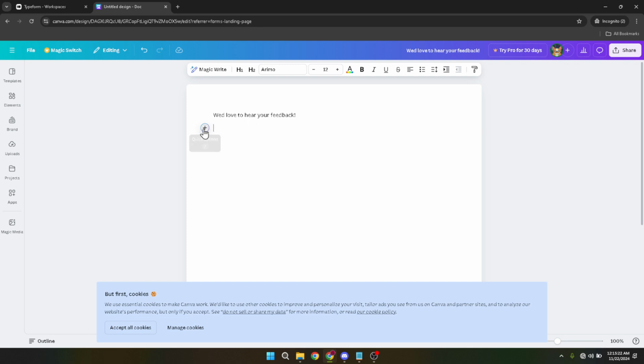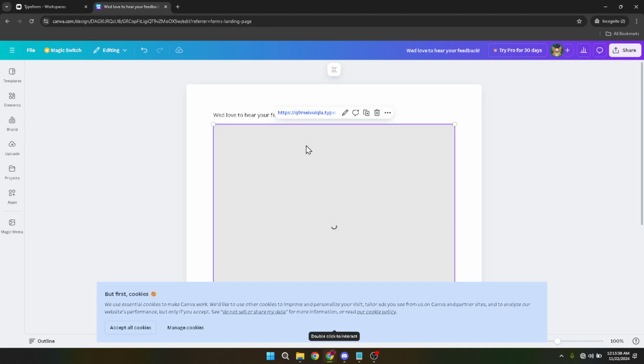With the link in place, hitting Enter magically incorporates your Typeform directly into the Canva design. It's almost like performing a little digital magic trick. Isn't it amazing to see your form come alive within a design context that complements it? By following these simple steps, you've not only created a form, but have also presented it in an engaging, visually appealing way that's bound to capture the attention of your intended audience. This method adds an extra layer of interaction within your designs, making it not just about the aesthetics, but also about functionality and user experience.